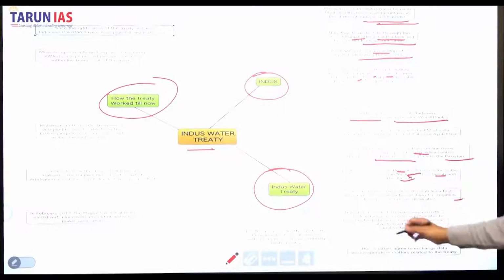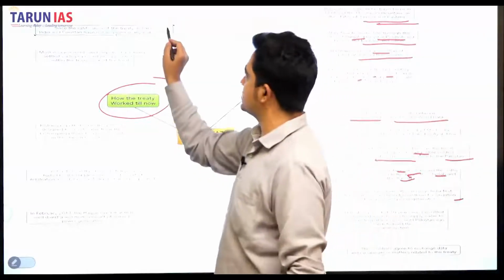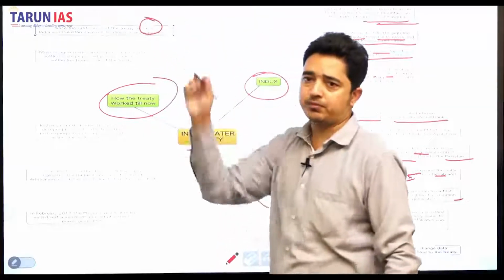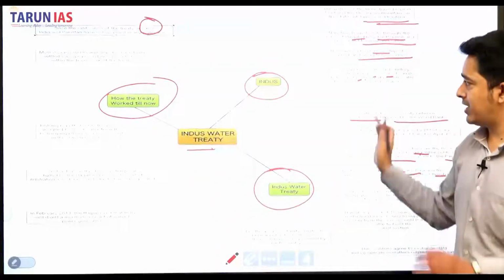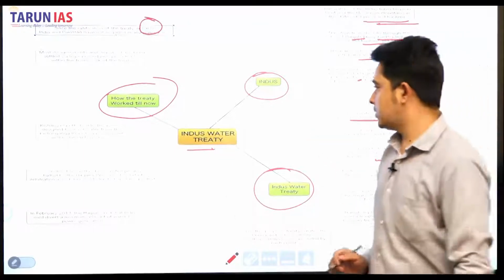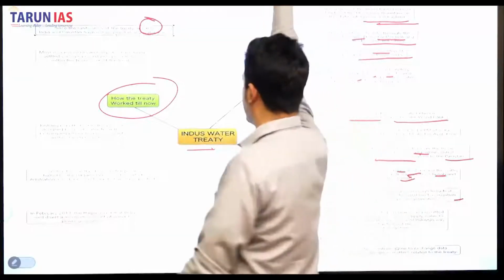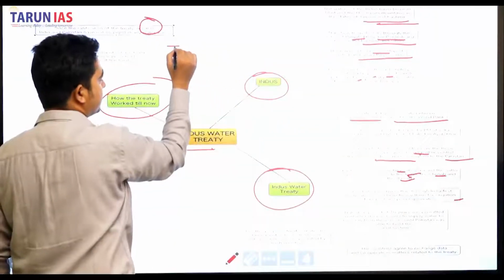So this kind of mind map is very important. How the treaty is working, the ratification of the treaty in 1960, has been mentioned. That kind of short map is good for revision purposes. On one page, you get to know every fact as far as the prelims examination is concerned. So you can make your own, such as some kind of diagram, like here is